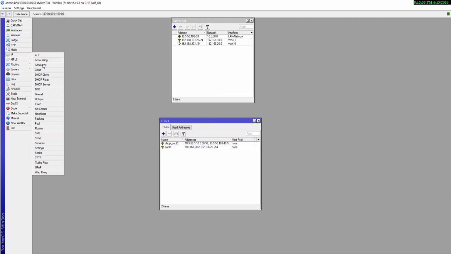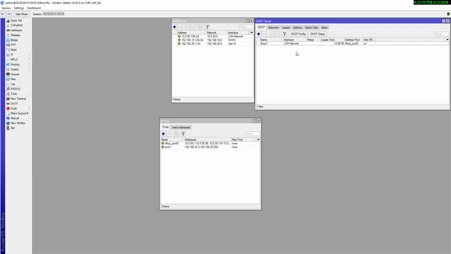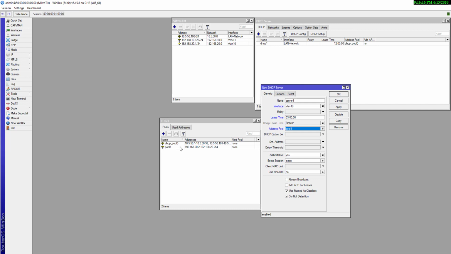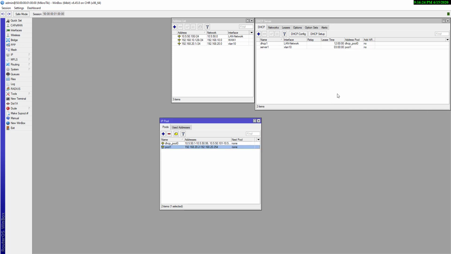And the other one is the network. Here we have to create one network. Here we have to select our VLAN 10. The lease time will be 3 hours, and the pool will be pool 1, because we have created the pool. Here you can see the name pool 1. Here we have to select pool 1. Okay, and just apply and OK.